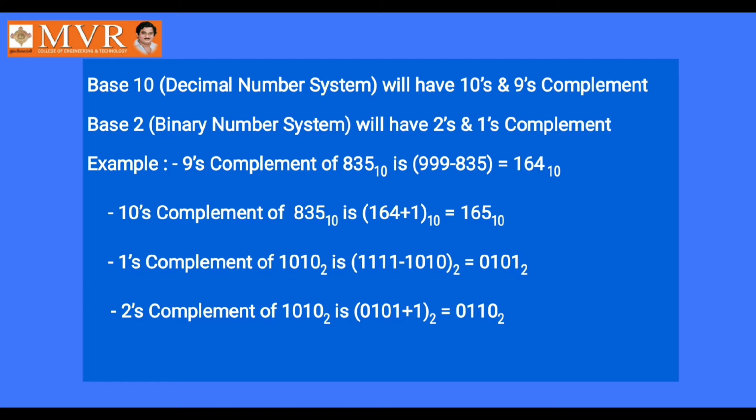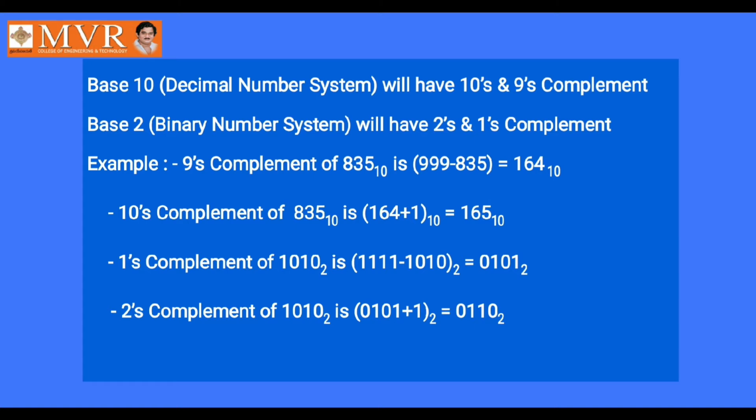Let us consider one binary value also. You take the binary number 1010 base 2, which contains 4 digits. That's why we have to subtract from 4 ones to get the 1's complement. After subtracting 1010 from 4 ones, you will get 0101 as the 1's complement. In this simple logic, what is the original number given? 1010. After calculating the 1's complement, what result did you get? 0101. Did you observe any